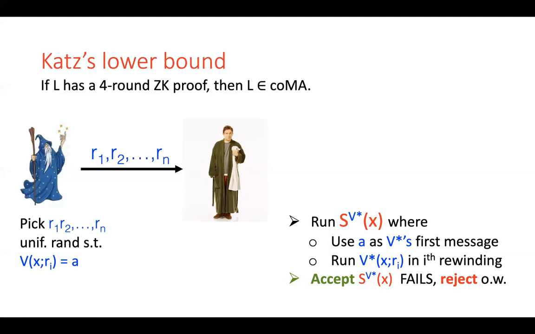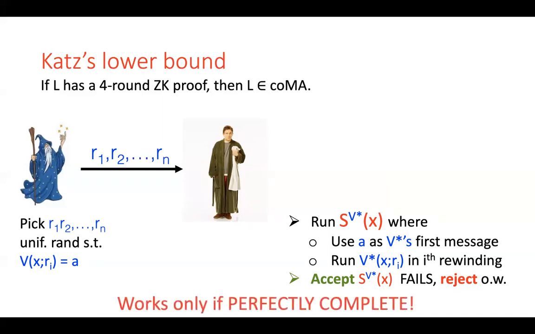Now, this works, except that we need to assume perfect completeness. And the reason is that otherwise there could be bad randomness that make the simulator on this verifier fail. And Merlin, as we are talking about soundness, could choose this bad randomness and thereby make the simulator fail, in which case Arthur might accept a no instance for the proof system. Okay, so if it's perfectly complete, there is no bad randomness. So this works only for perfect completeness, but Katz extends this also for imperfect completeness,